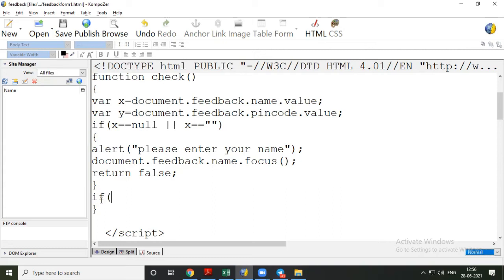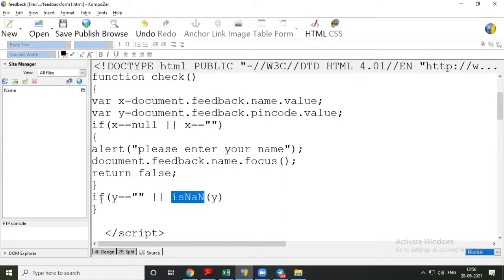This function is called. So if y double equal to sign, then blank. For blank, we are using two double quotes. Or isNaN(y).